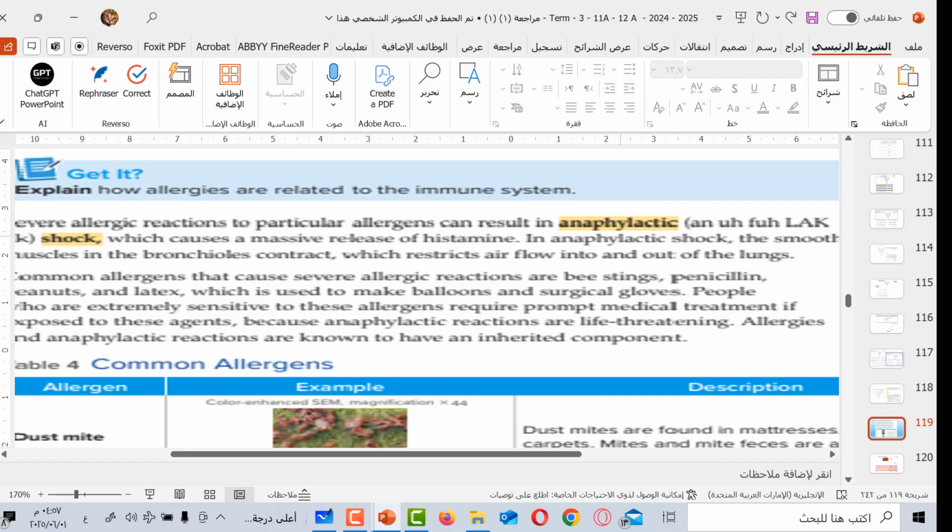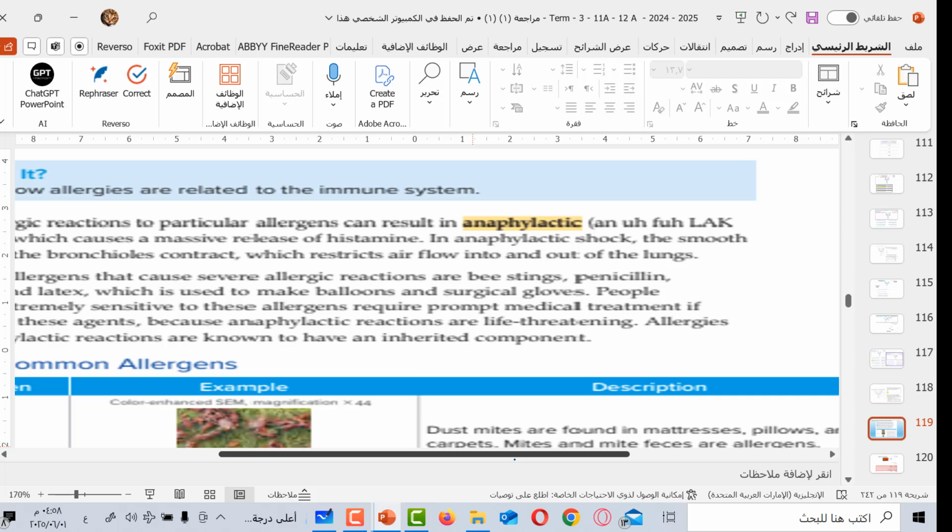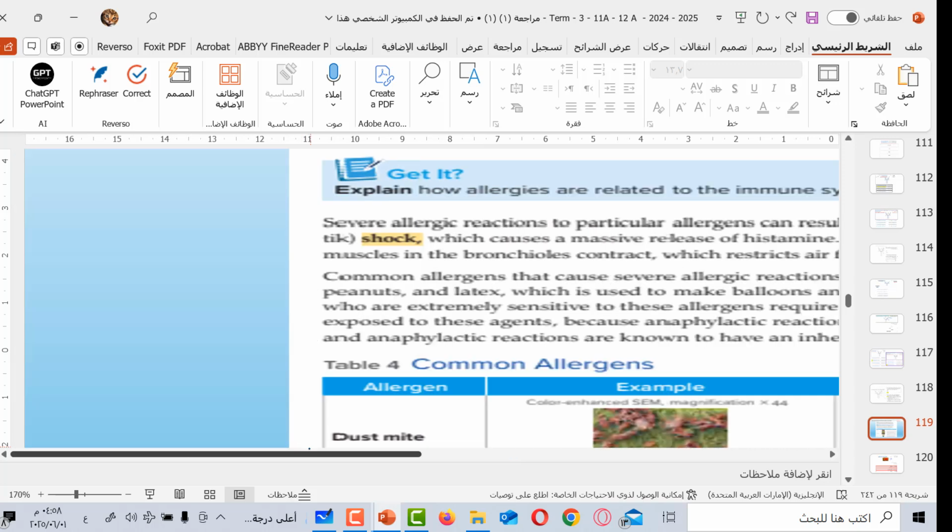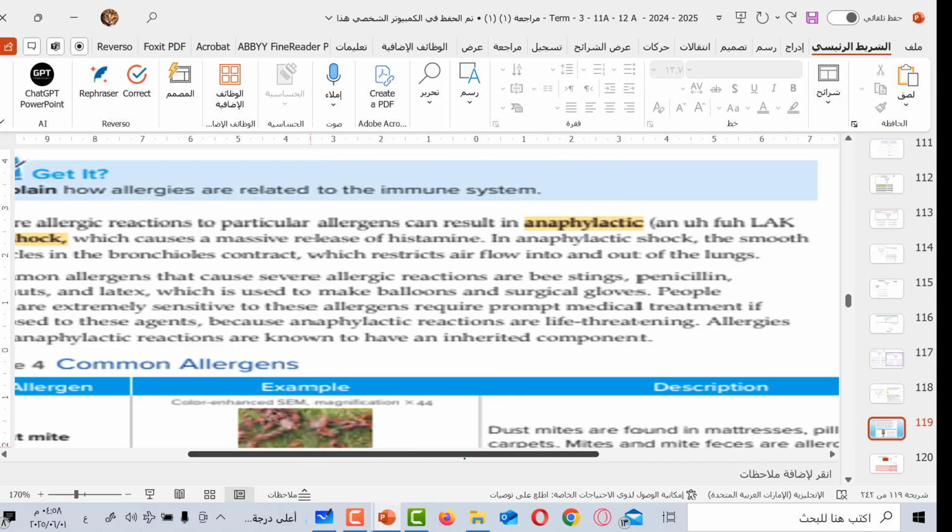It's called the anaphylactic shock, which causes a massive release of histamine. In anaphylactic shock, the smooth muscle in the bronchia اللي هي القصبة الهوائية أو برانكليس